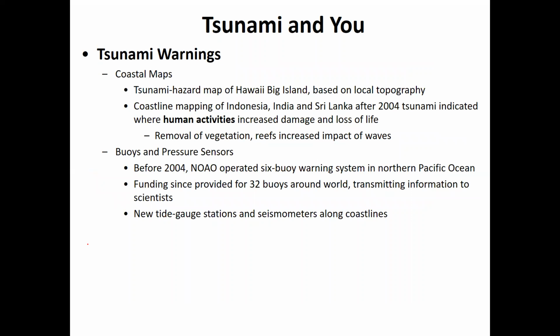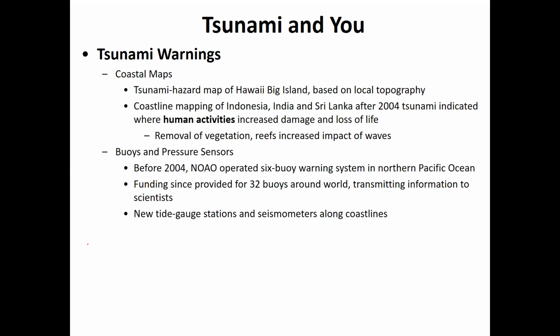So we use coastal maps that map out the topography that gives us an idea of what the tsunami hazard zone is along the coastline, because obviously the steeper the slope of the coastline, the shorter the distance the water will wash inland. So there's tsunami hazard maps of the Big Island, Hawaii, based on local topography. We have coastline mapping of now Indonesia, India, Sri Lanka after the 2004 tsunami occurred,